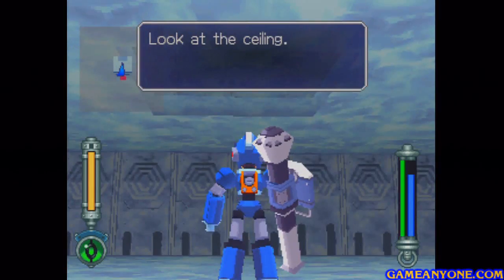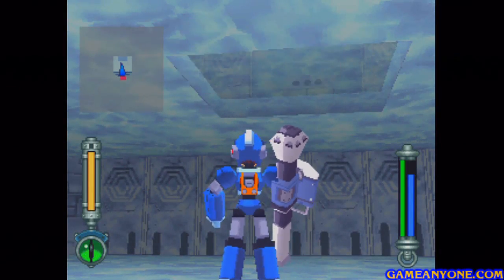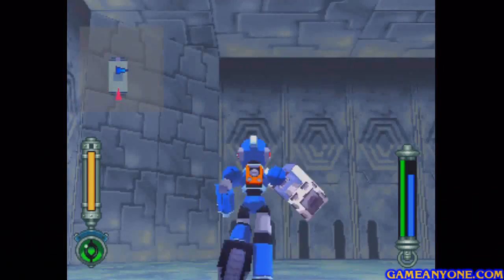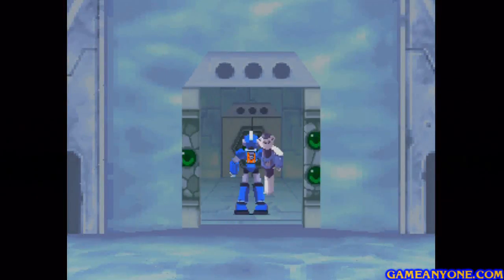Alright, what do we got here? The ceiling. You should be able to shoot through it and make an opening. Yep, alright, so let's go ahead and shoot on through and move on up. As you can see, there's a lot of those ice puzzles. I don't know why Roll had to sort of remind you. I think it's pretty obvious, but...